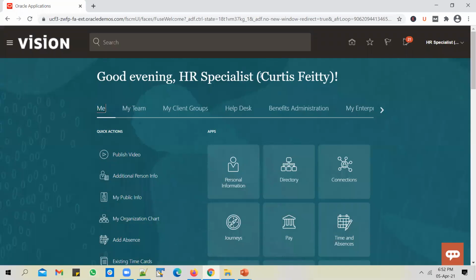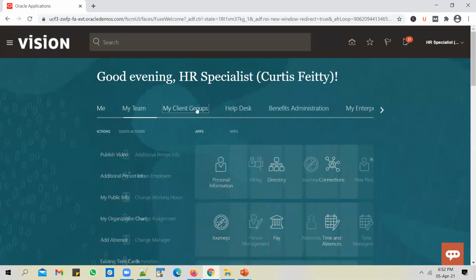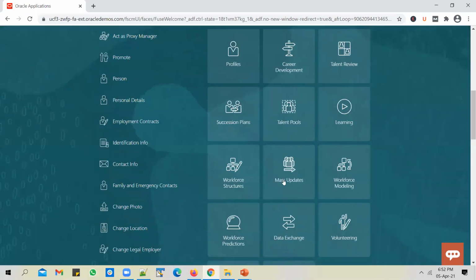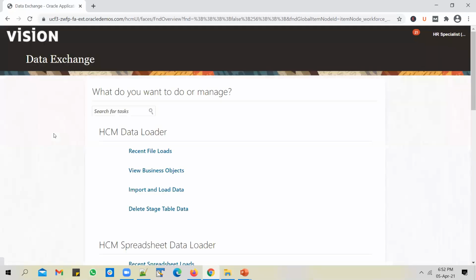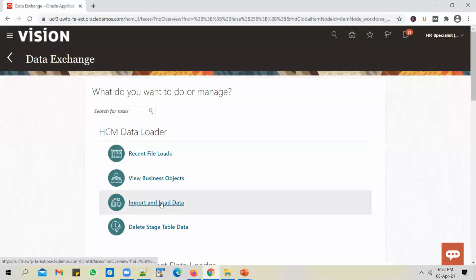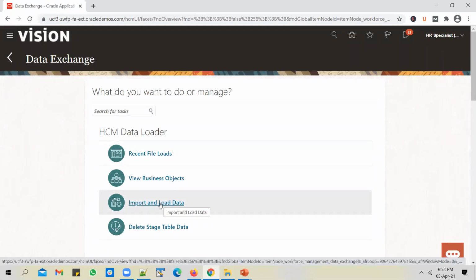I've logged into the HCM Cloud instance as Curtis VT, a HR specialist. To access the HCM data loader, you go to My Client Groups and scroll down until you see Data Exchange. You use the import and load option to load the HCM data loader file.